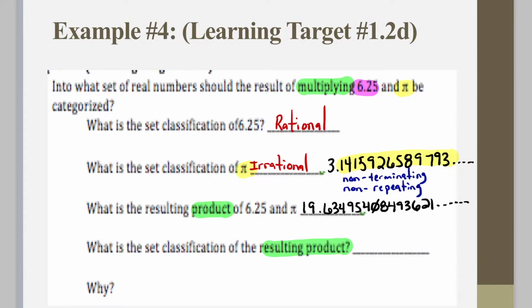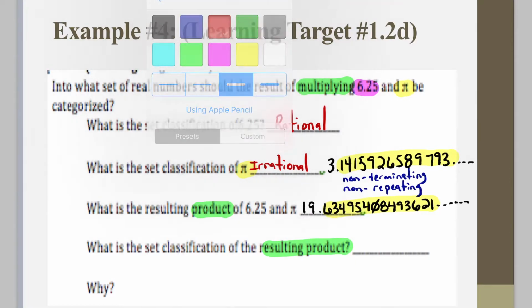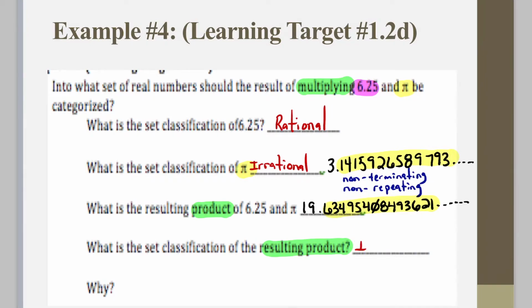And so in this particular case, we can see that once again we have to look at the properties of the decimal portion to determine if we're working with a rational or irrational number. Immediately we can conclude that it is non-terminating, and so we must look to see if there is a discernible pattern within the decimal portion of the number. And once again, there is not a discernible pattern. And so we have another non-terminating, non-repeating number, meaning that the resulting product is once again